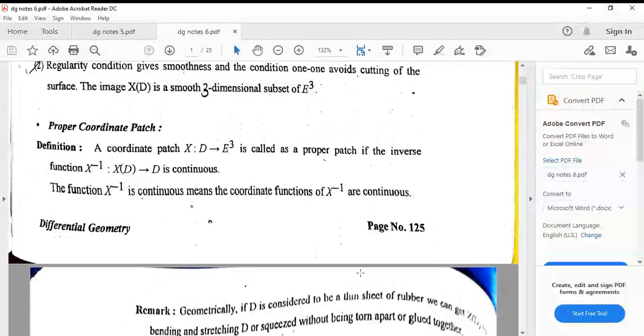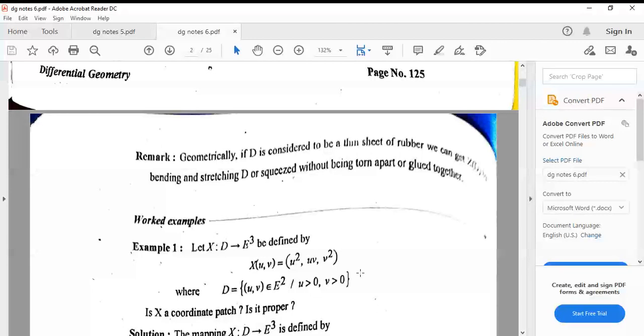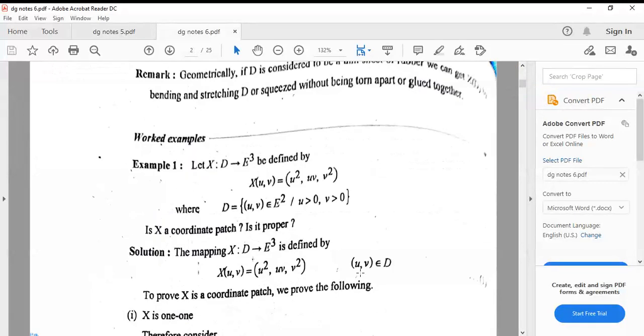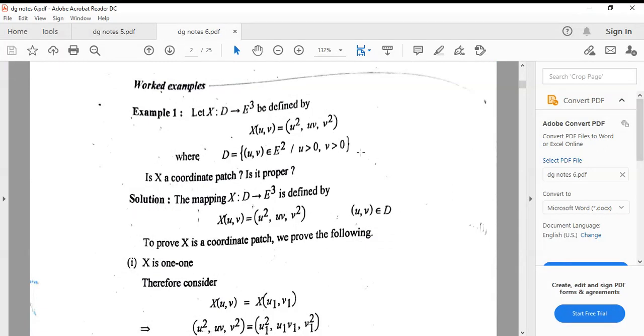Okay. So next is the definition of a proper patch. What is a proper patch? A coordinate patch is said to be a proper patch if x is 1-1 and regular, and if x inverse is continuous, that is, x inverse is a function from x of D to D. We are defining the inverse function. If it is also continuous, then we say that it is a proper patch. Okay. So in the next lecture, we will solve some